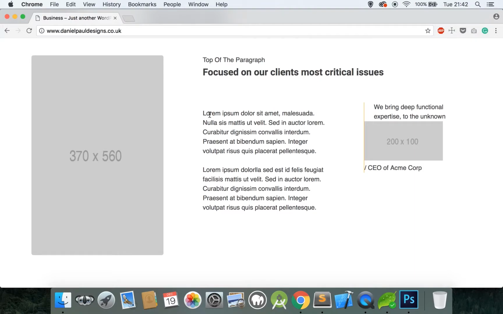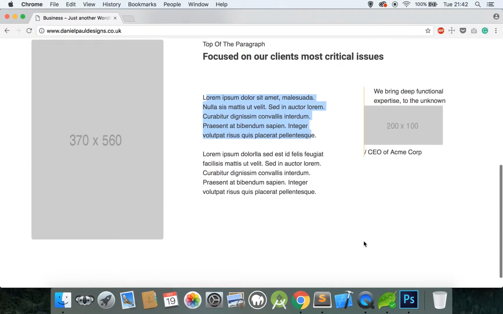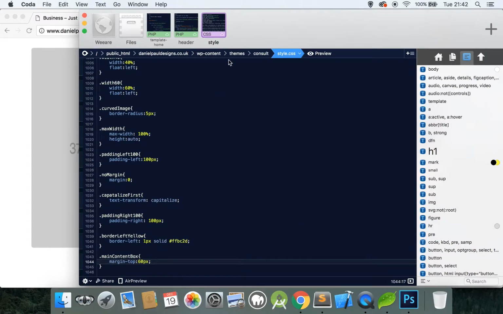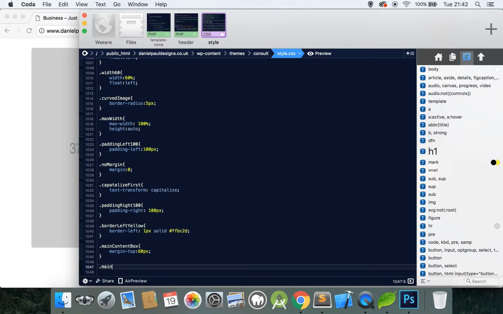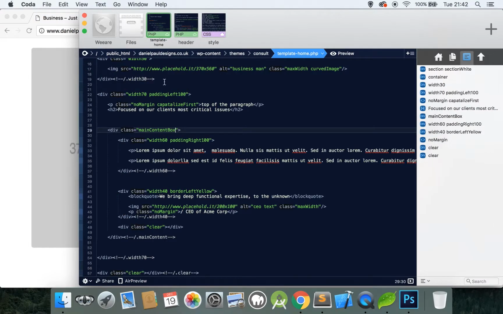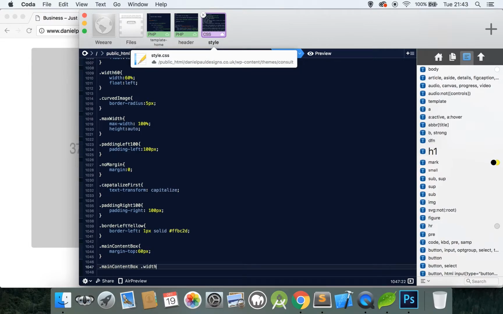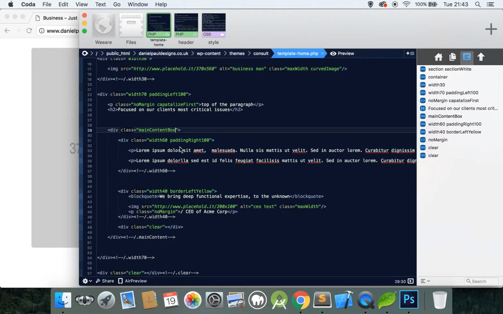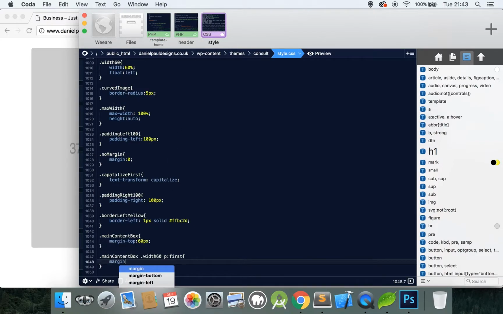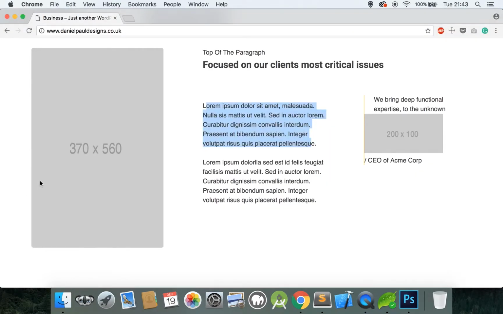Yeah, I think that looks right, and then we can sort the margin on these out. So we can say main content box, width 60, then P and first choice. This means the first paragraph, which is this one, which has at the moment a margin top, and we'll set that as 0. So now we should line up,